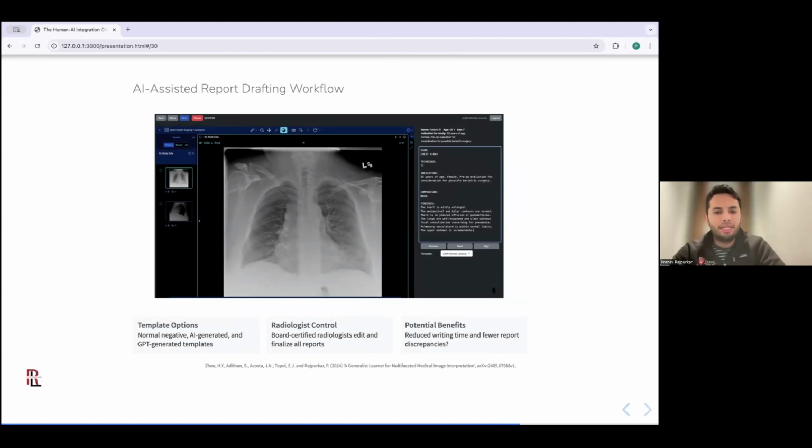So what we did in this trial was to say, let's see how much time savings and accuracy improvement happens when we start with these AI-generated drafts, where we'll have two different types of AI. One is our MedVersa model, and the other is a GPT-4 model. And then we're going to compare that to the normal negative template starting point.